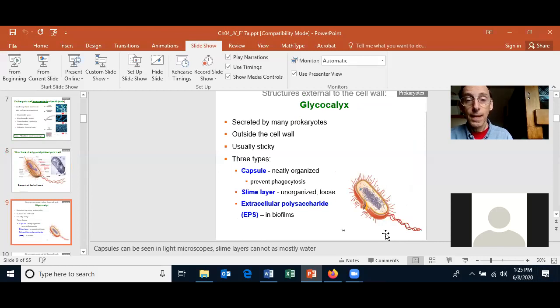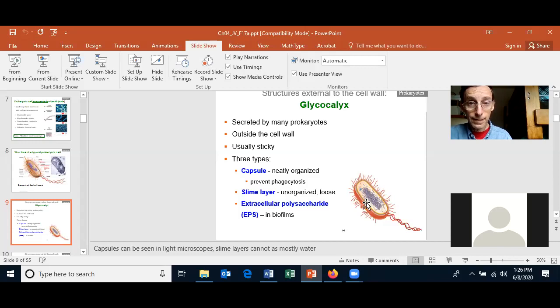The glycocalyx, also pronounced glycocalyx, is secreted by some prokaryotes. And yes, there are many prokaryotes, but if we look at the majority of the prokaryotes, they don't have a glycocalyx. So I'm going to say some prokaryotes. And we're really only going to talk about the bacteria, but the archaea also have a glycocalyx. The glycocalyx is a structure that the cell secretes, and it's outside of the cell wall. So we say the structure is external to the cell. It's usually sticky, and there's 3 types of